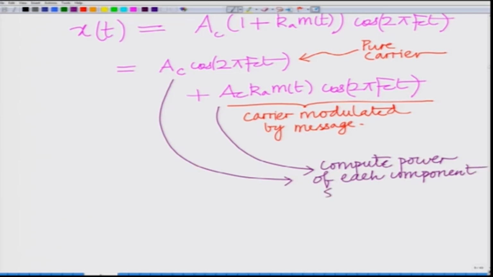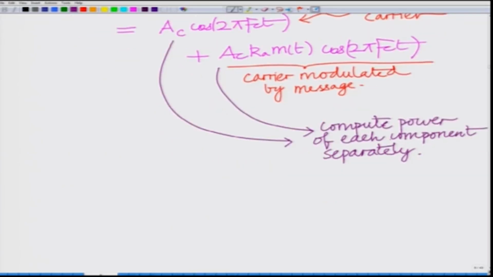Now, the power of the carrier, well, that is straightforward, we already know this thing, this is a